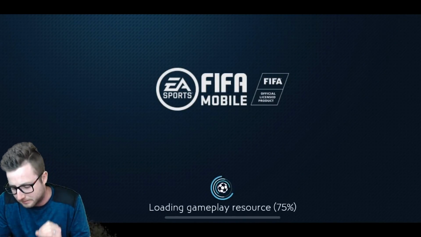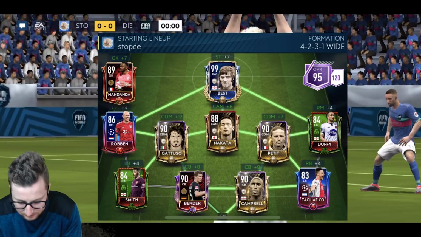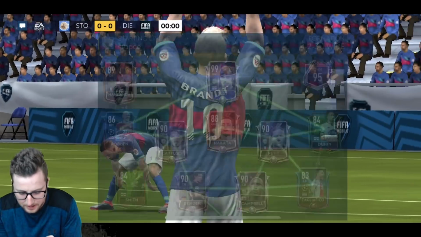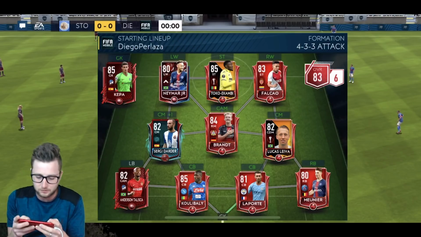Now, the other thing about this, head-to-head versus attack, you have to be 95 overall or below if you want to play in these matches. So you do have to down your squad to those if you want to go into this. So we'll see what happens in this first one. We're going up 95, 120. I don't know. It must be 4. Okay, we're playing an 83 overall. Well, at least we...